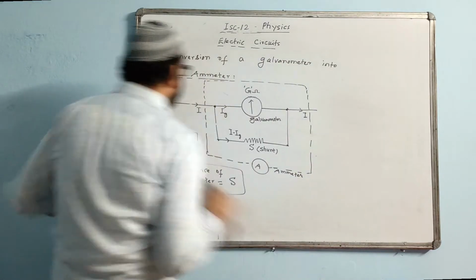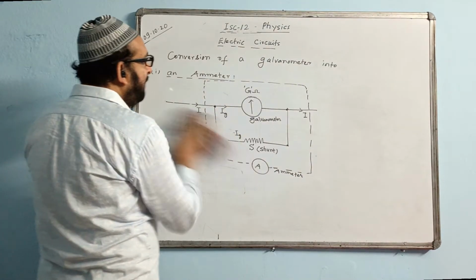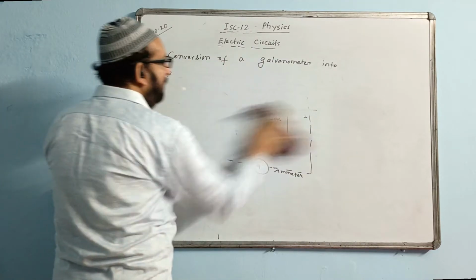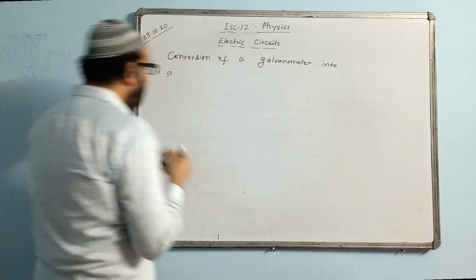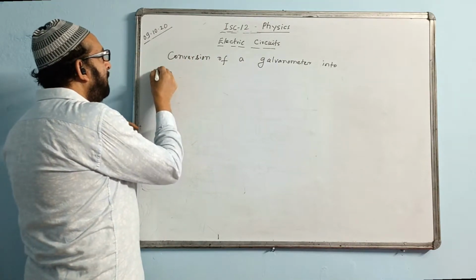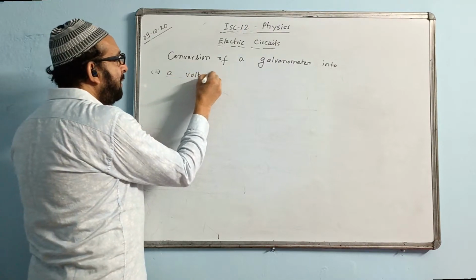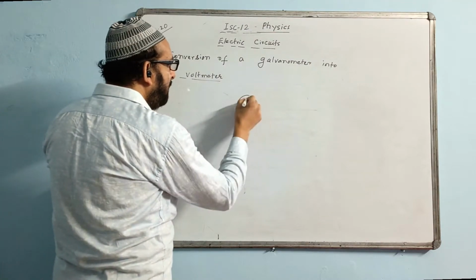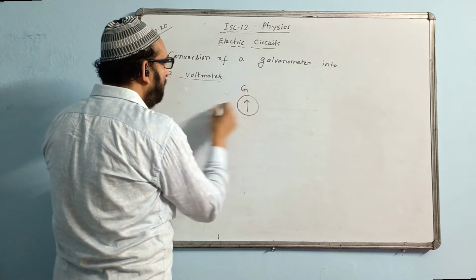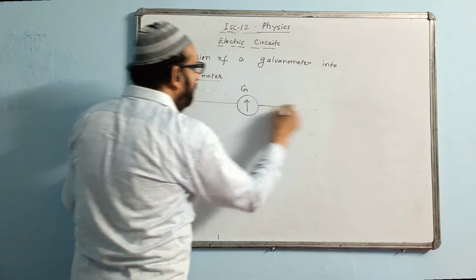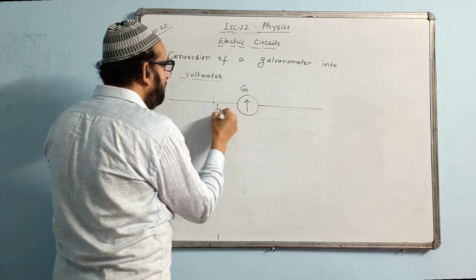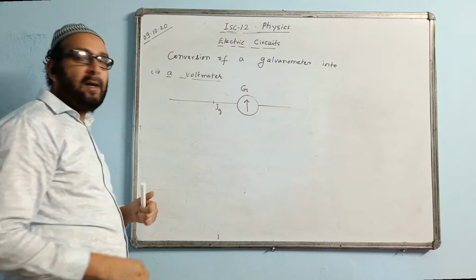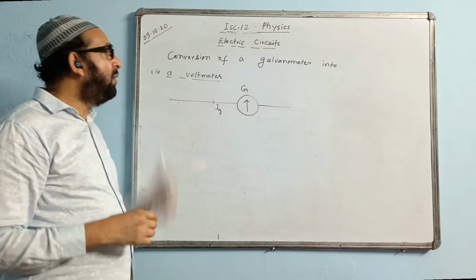Okay. Now, the second part is converting a galvanometer into a voltmeter. You can give the heading here: into a voltmeter. Second part, into a voltmeter. How can we change a galvanometer into a voltmeter? So for that we will draw the diagram here. This is the galvanometer with G ohm, and it gives full scale deflection for the current Ig. Now we want to change this galvanometer into a voltmeter.